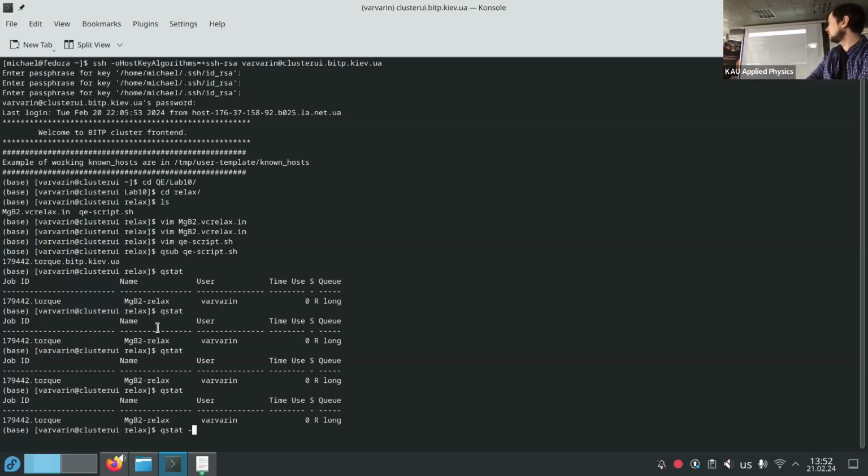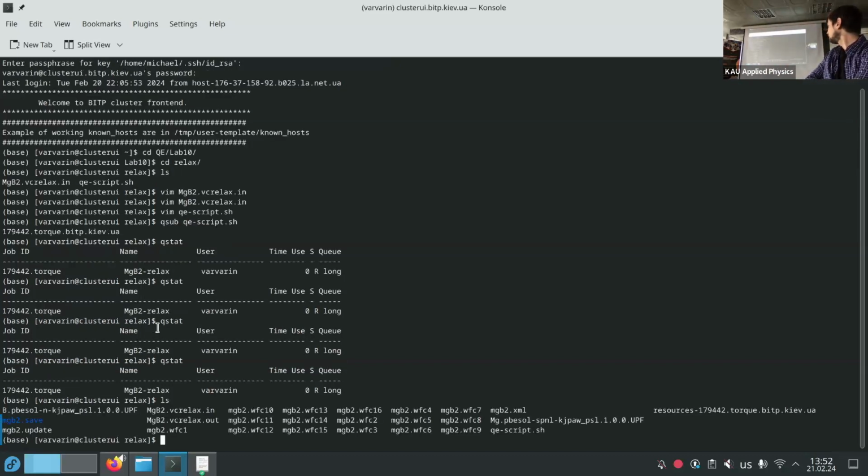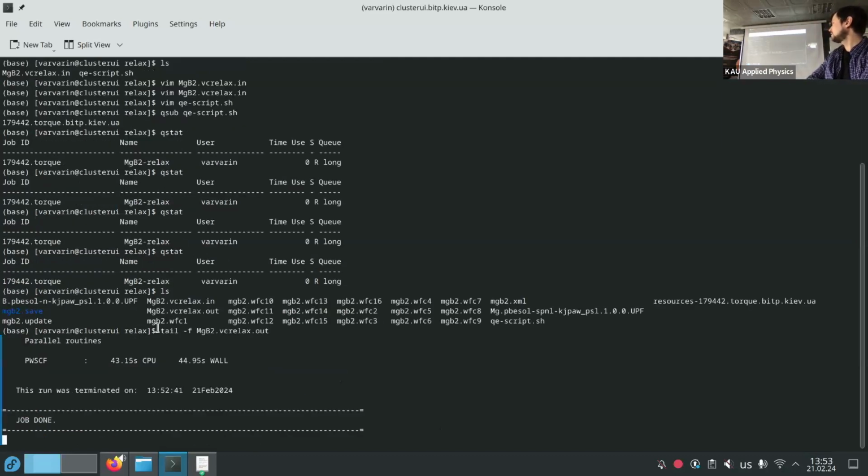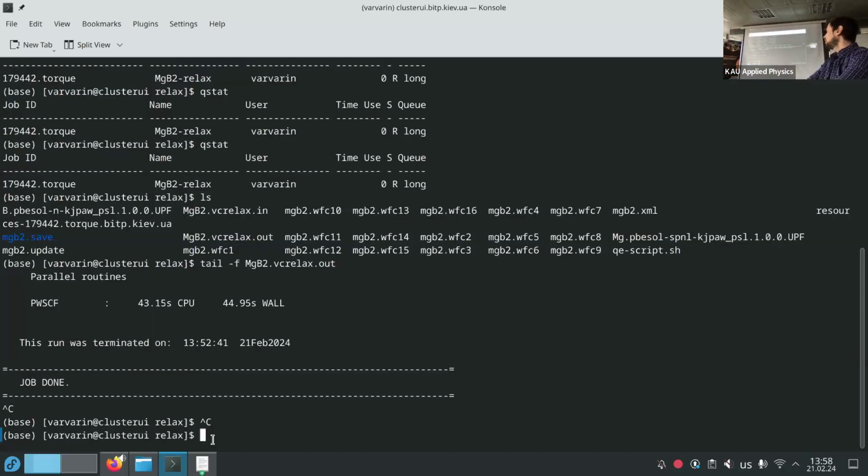Use tail -f. I don't think there is any output. Oh no, there is, a lot. It started. Maybe it's already finished, because for me it took about 30 seconds. Job done, you see, 43 seconds. So you have finished the relaxation. Now you can take the new lattice parameters and proceed with our calculations, using the relaxed structure for SCF.